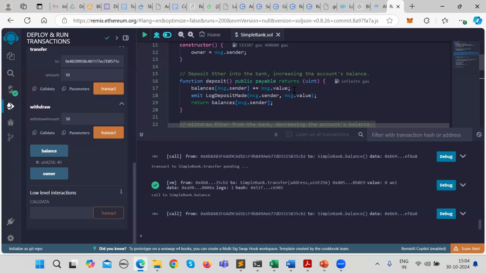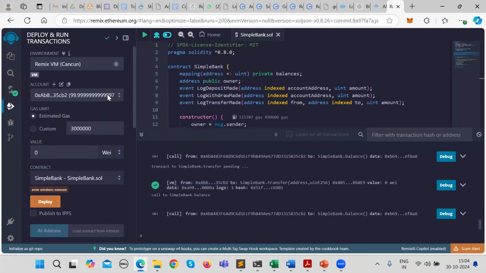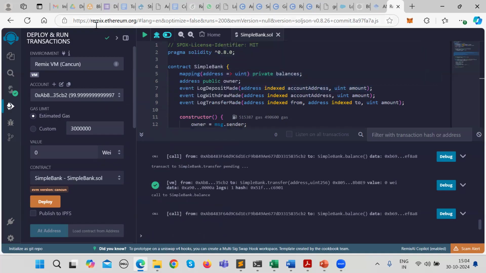And the third one is the simulated blockchain network. One is implemented here that Remix provides. Another simulated network is Ganache that you can use. Ganache is a simulated blockchain network. You can use that one as well. But just to check the logic of your smart contract, it is very easy to use Remix.